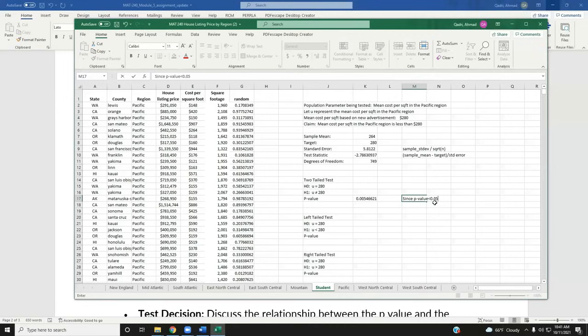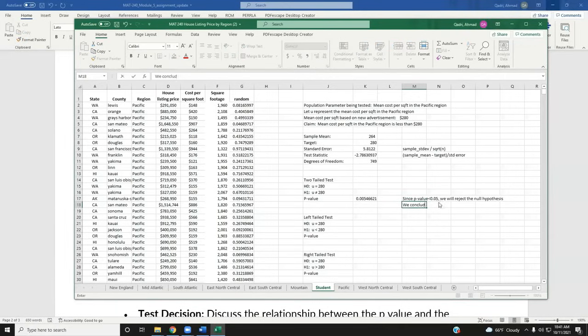So since the p-value is less than 5% or 0.05, we will reject the null hypothesis. Okay. If the p-value is less than the level of significance, we always reject the null hypothesis. And there's evidence to support the alternative hypothesis. Now, this is not the complete conclusion. To establish a complete conclusion, we need to make another statement and say,